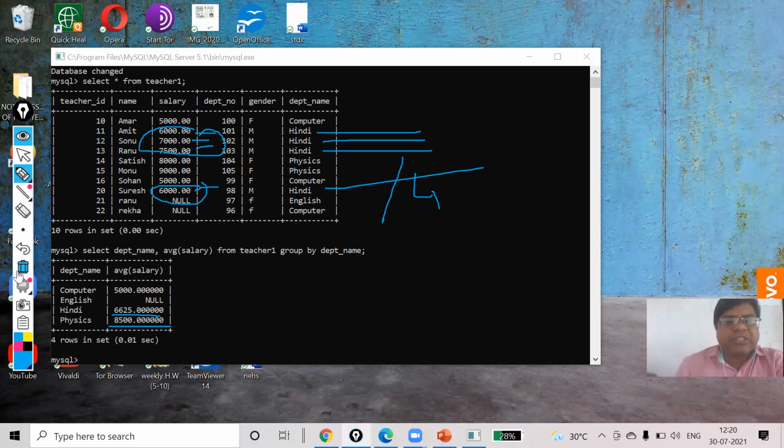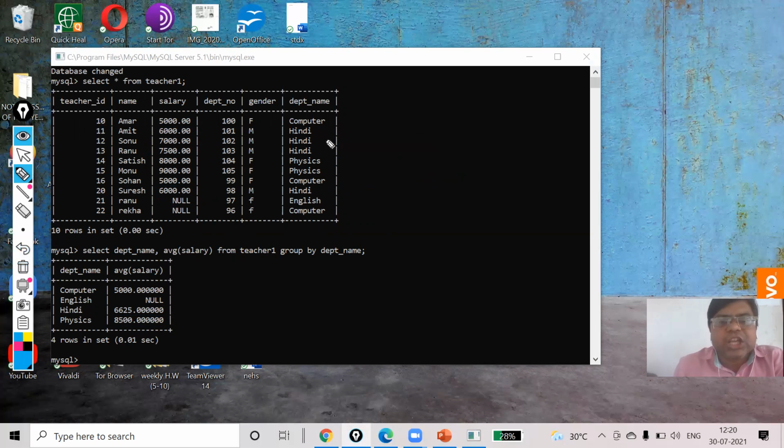Same way for physics. For physics, you have 2 records. So these 2 will be added and divided by 2 to get the average salary. Now you see, my dear, it is done in a group, not individually.